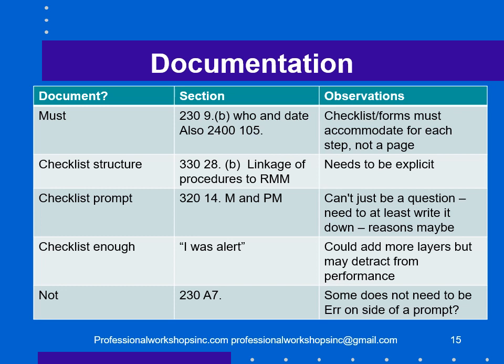Sometimes it can be a checklist prompt. I documented materiality and the number is here. And 320.14 says you got to document materiality and performance materiality. So perhaps we need 2 boxes on the checklist where you fill in your conclusion as to your professional judgment, as to materiality and performance materiality. So it can't just be a question, did you document materiality? Yes, it has to be, I documented materiality and here it is, or I documented materiality and see the following